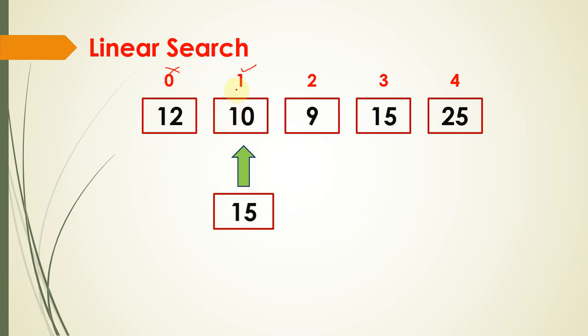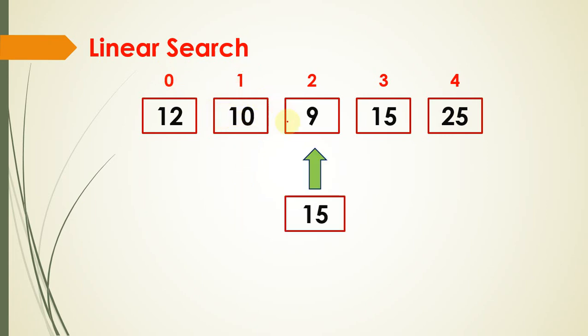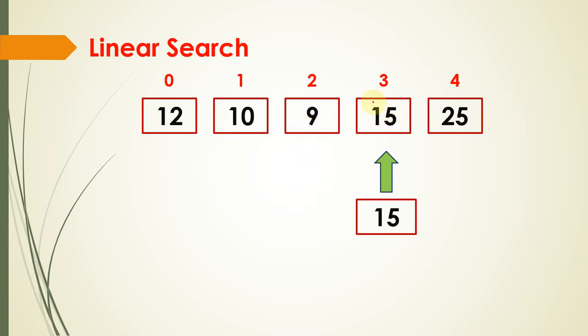The second element value is 10, so again it will shift to the next element. Here the third element is 9. It is 15, so no matching takes place here. Again no matching, and next, the fourth item is 15. Again the search item is also 15. So a match is found, the comparison is true. If you compare the element in the array and the search item, both values are the same here. That means the search item, the key element, is found.